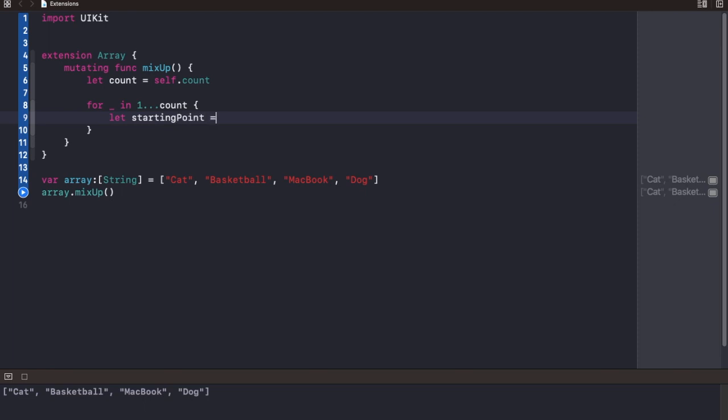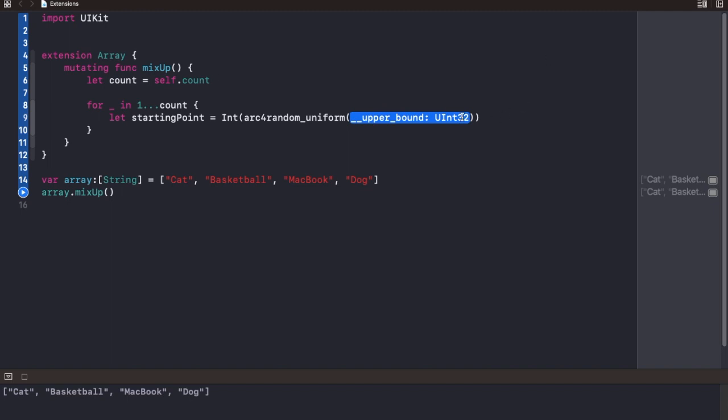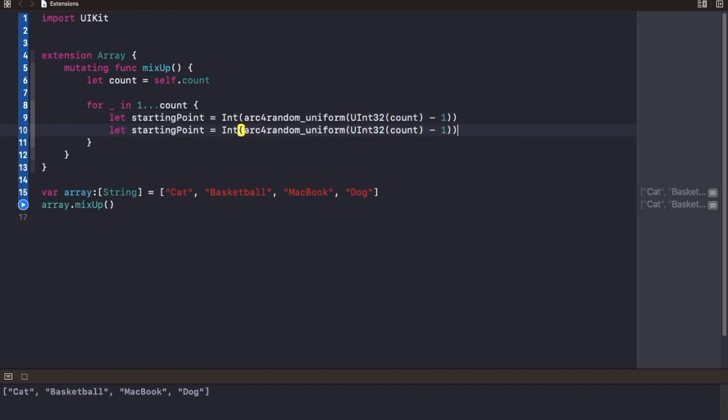point. It is going to be an integer, because we're going to be working only with ints inside arrays, right? We can't use doubles or floats, because we're going to be modifying the array itself. I'll get to it in a minute. So we're going to use this function called arc4random, and we're going to use this upper bound, and this is going to be a UInt32 of the count minus 1. So that's going to be our starting point, and our ending point is going to be the same type,